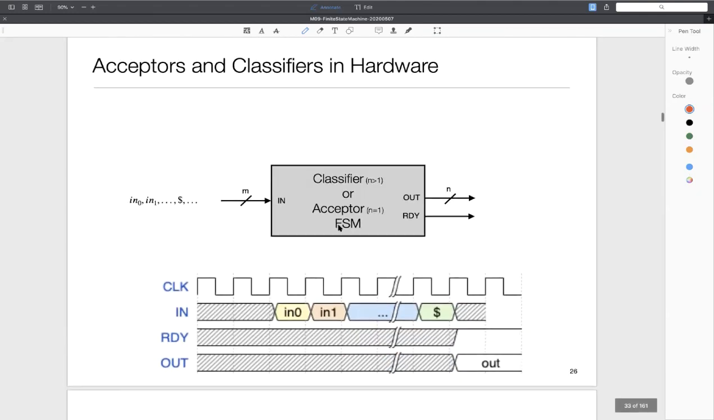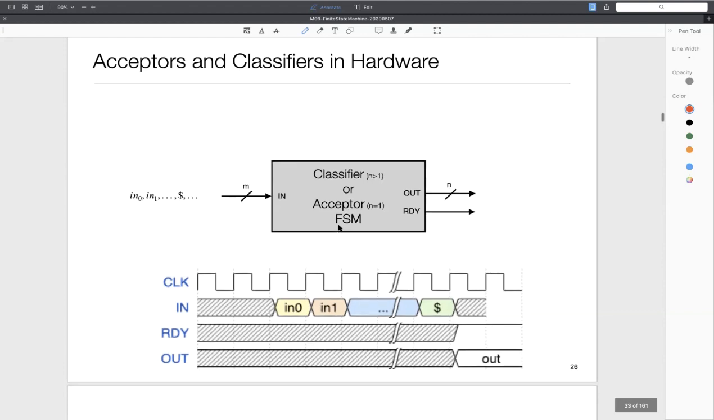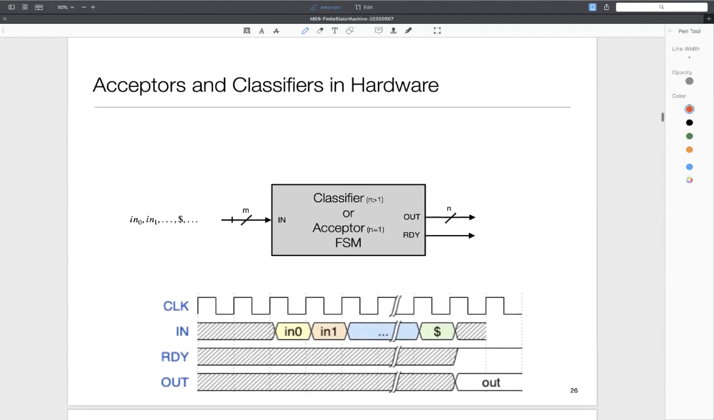In terms of hardware, you can think of it as having inputs coming in. For example, in my UCLA example, the characters could be 8-bit ASCII representations. So the characters would be coming in, and let's say each clock tick, a new character is supposed to be provided by the outside world. And then at some point, the outside world will say, okay, I'm done, with a dollar character to